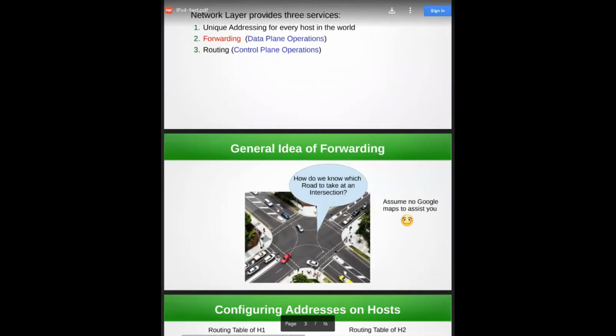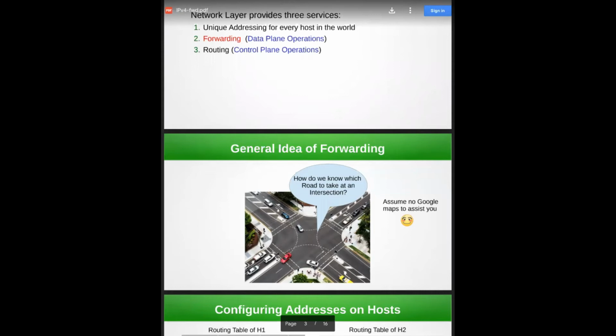But essentially what you do, you go to one place. In this case, we said we'll go to the main gate and ask a person. The person there is considered to be a router. You go to the next intersection and ask the person there. So the person at the next intersection is the next router. So in some sense, each router is sending you to the next router on the path.